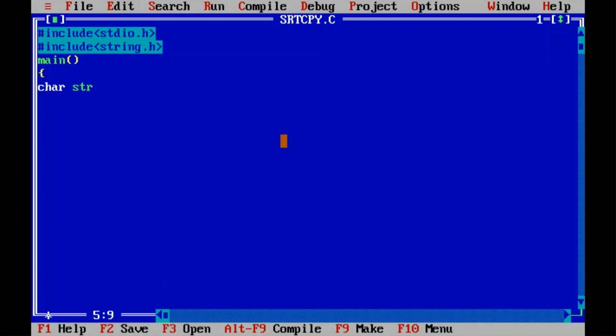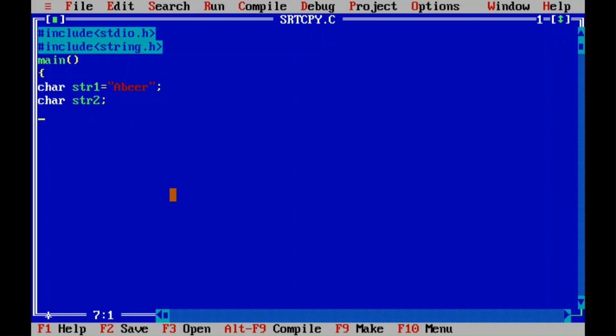As usual, we are taking str1, which is having the value, say, I'm taking the name abir. And the second variable, str2, I'm not putting any value over there. Why? Because we are going to copy the value of str1 into str2. That is what our program is.